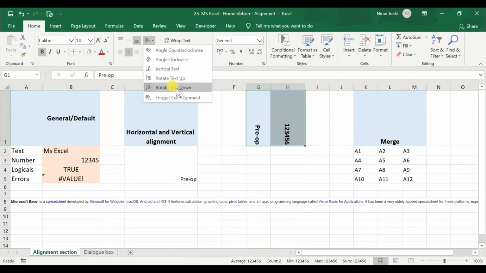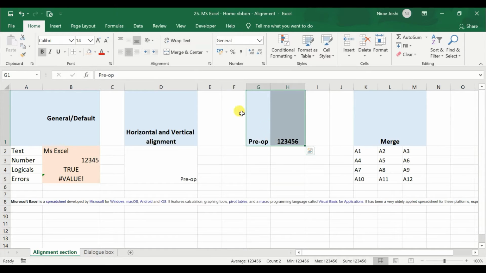Moreover, all the options that we have seen till now are toggle options. So suppose you select this one again, it moves the format or alignment of the text back towards the default. Suppose I have made this vertical alignment towards the top side, and now I click that button again, then it will come to default for that specific text.